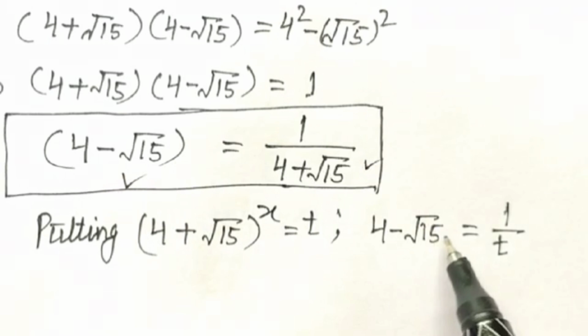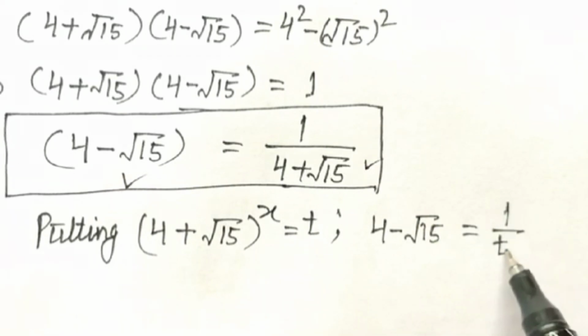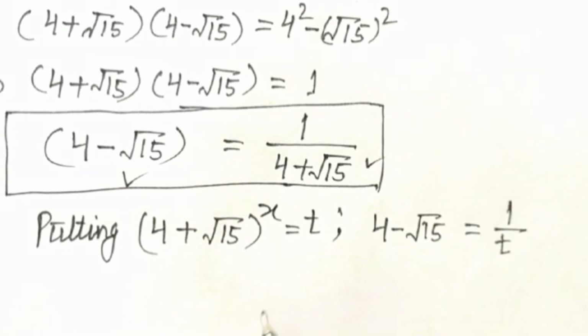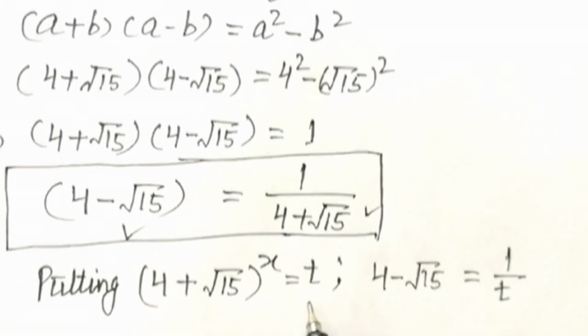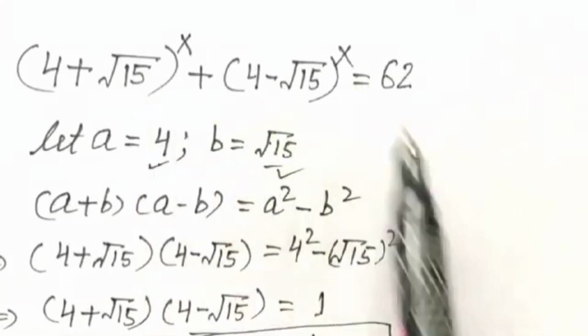So (4 - √15)^x will be equal to 1 over t. If we put these values in this equation,